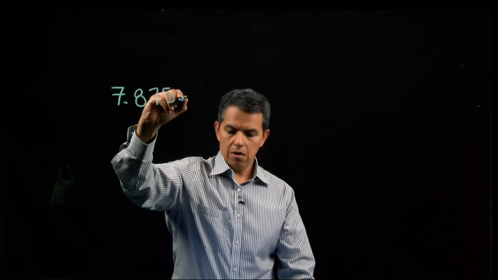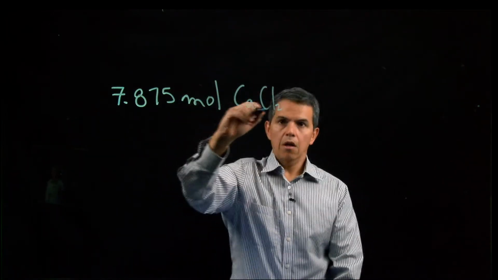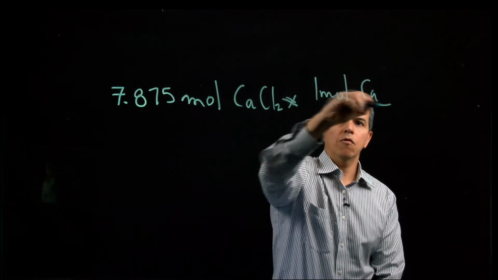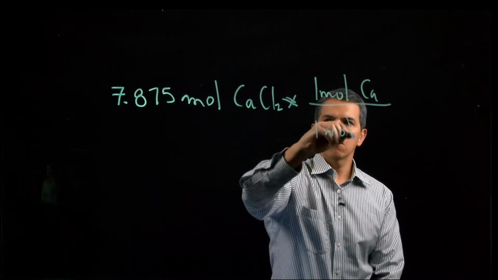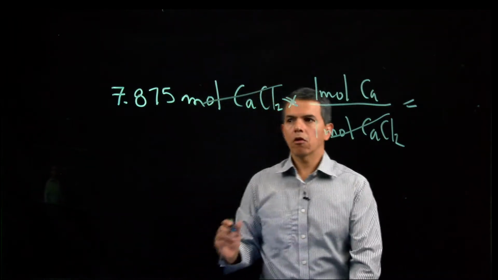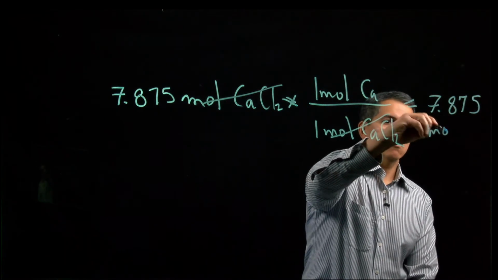The second product of this chemical reaction is calcium. So what we are going to do is calculate the moles of calcium. So we have 7.875 moles of calcium chloride. This stoichiometry is the same: 1 mole of calcium formed per 1 mole of calcium chloride. Cross out moles of calcium chloride, and we also have the same 7.875 moles of calcium